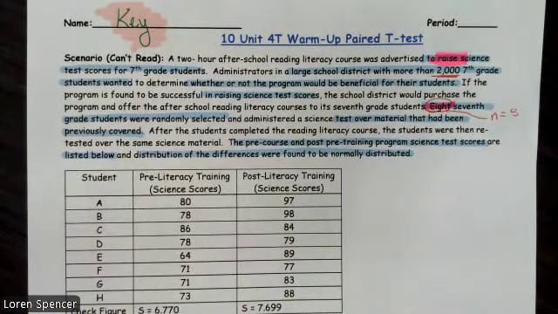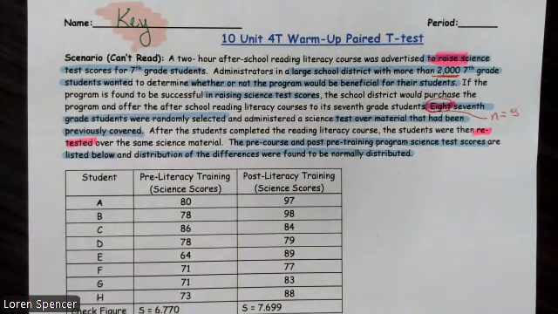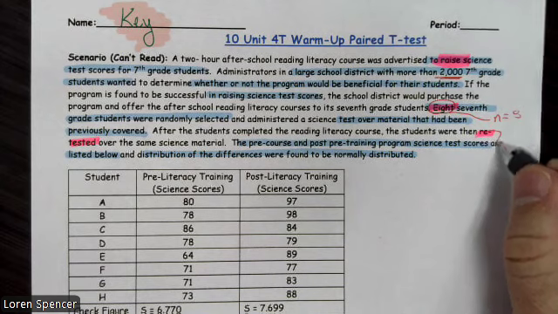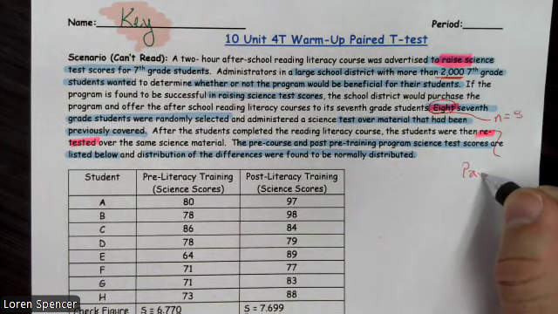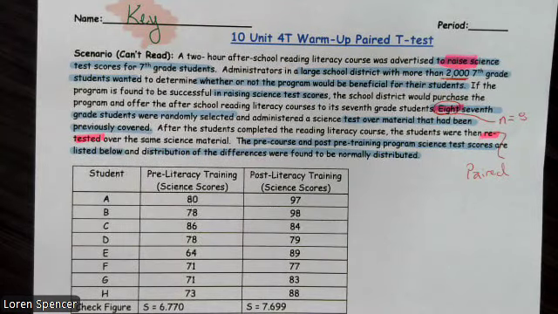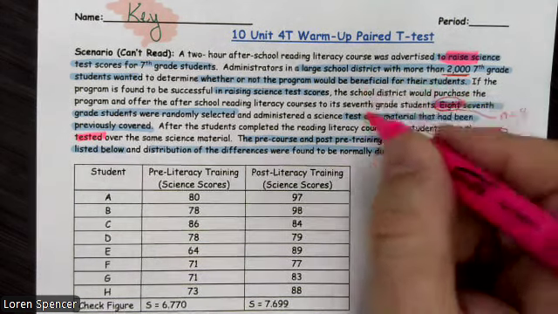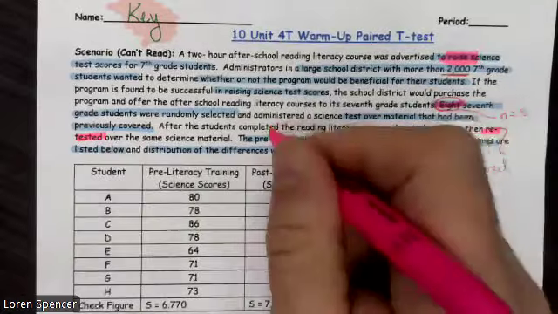They administer a science test over the material that had been previously covered. After the students completed the reading literacy course, the students were then retested. Ooh, retested. That's an important phrase. That tells me they were tested twice. If they're tested twice, this makes it paired. The pre-course and post-training program science scores are listed below. Also, the fact that it says pre-course and post